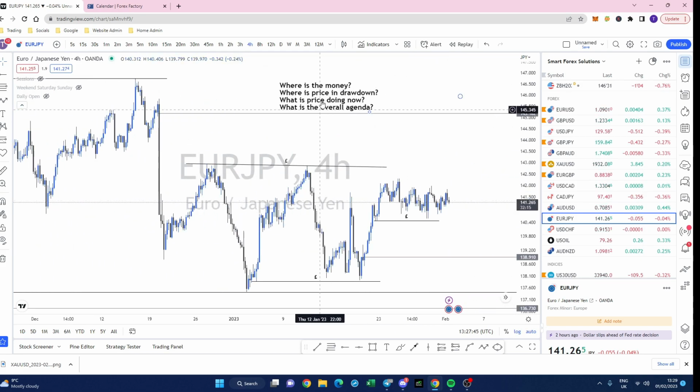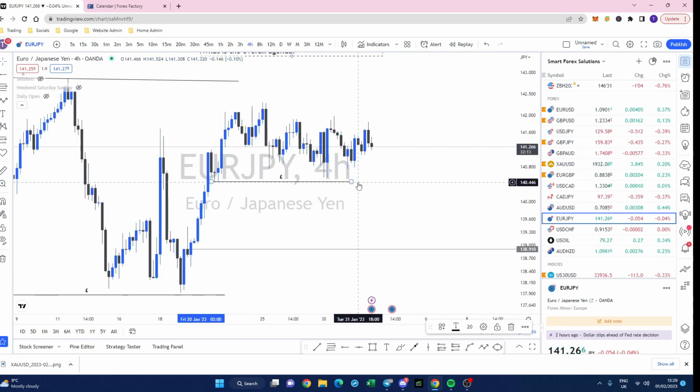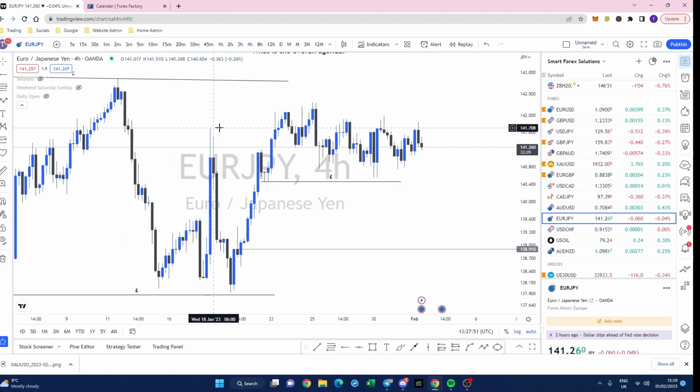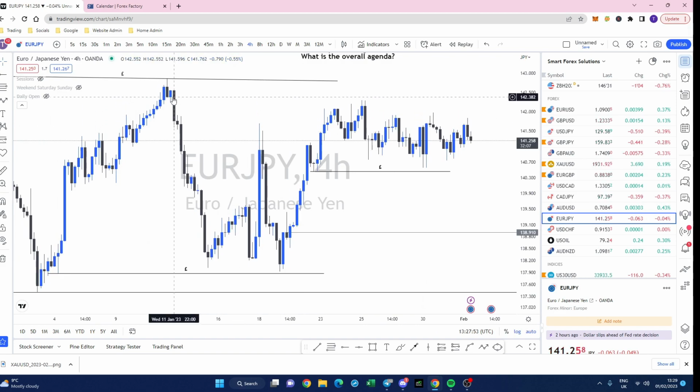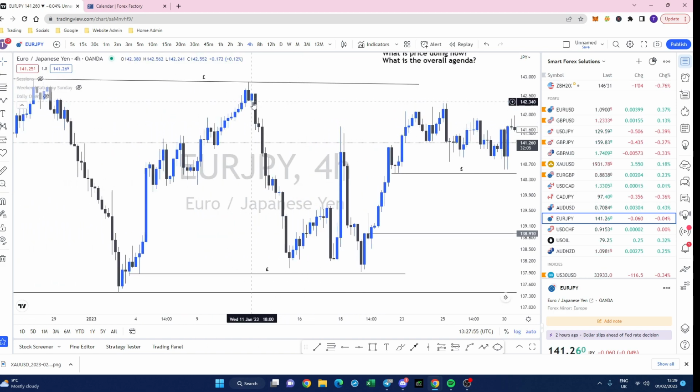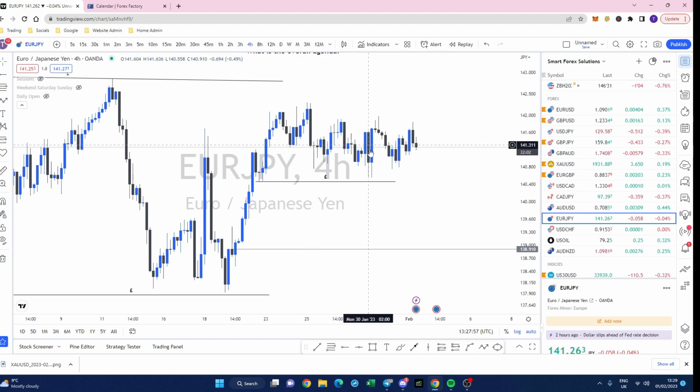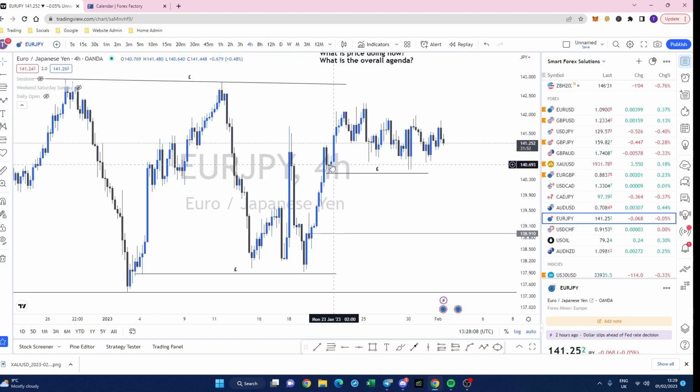Where's my questions? What is price doing now? And to me, we've broken above this high here. We've reacted in this candle here, which is our daily area, and we are making our way a little bit lower at the moment. So my opinion at the moment is that price is ranging lower. I'm not going to say necessarily we're bearish, because we have broken above here,